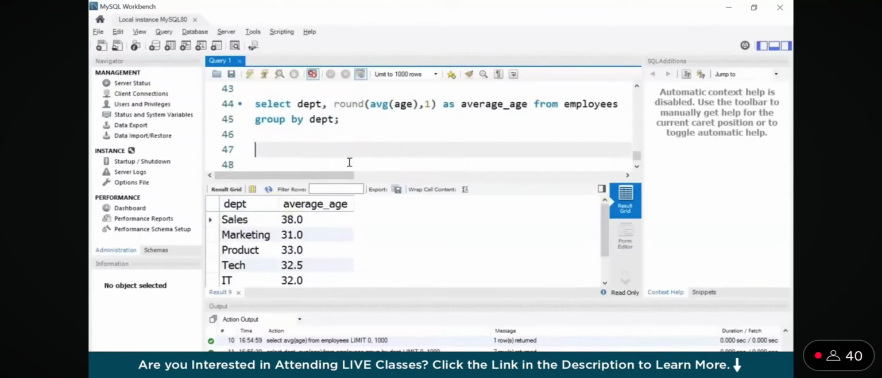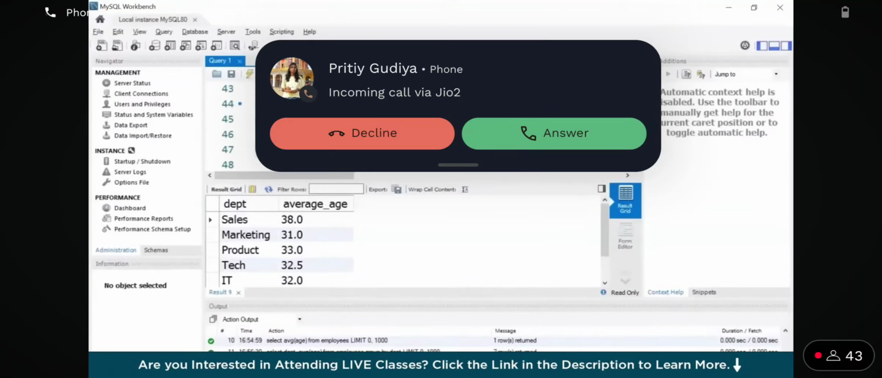Alright. Now suppose you want to find the total salary of all the employees for each department. So you can write select